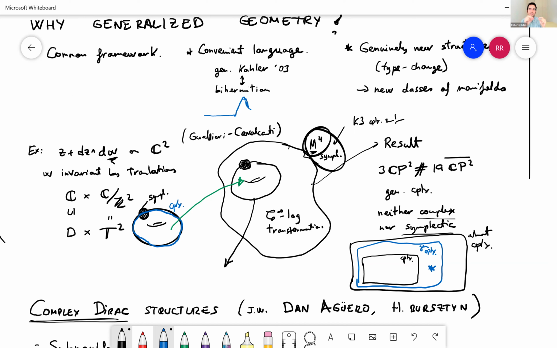What does it mean to be complex just as a manifold? No, it's a generalized complex structure of complex type, because I don't have a neighborhood where it is complex. The change of type happens in something that has some codimension. In this case, I have dimension 4. So remember, the type was the first non-vanishing component. Here I'm just looking at the degree 0 component, the non-vanishing of a complex function. It gives me 2.0, so that's why it reduces the dimension by 2. So you are cutting by